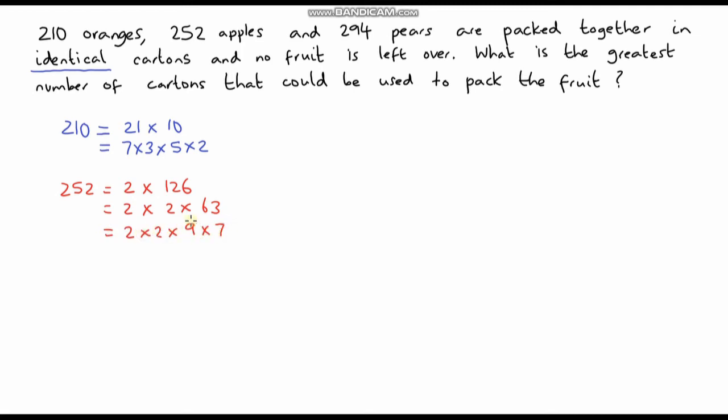And we're not quite done because 9 is not prime. 9 is 3 times 3, so we can break that down even further. So it's going to be 2 times 2 times 3 times 3 times 7. And we are done. So let's move on to 294 now. So 294, and I'm going to use the same technique. It is even, so we can break it down into 2 times something. And 294 divided by 2, that gives us